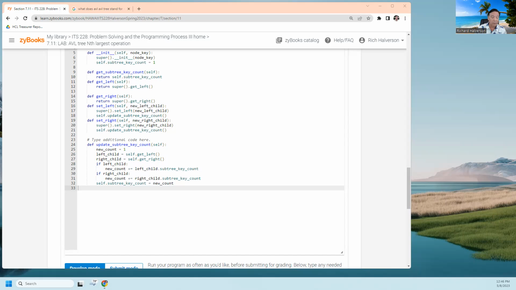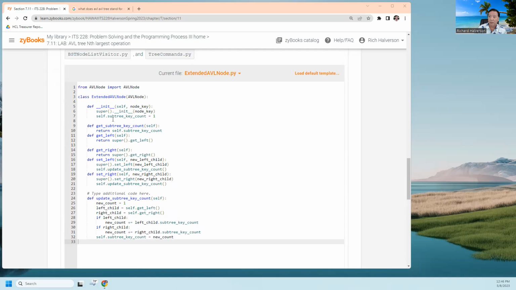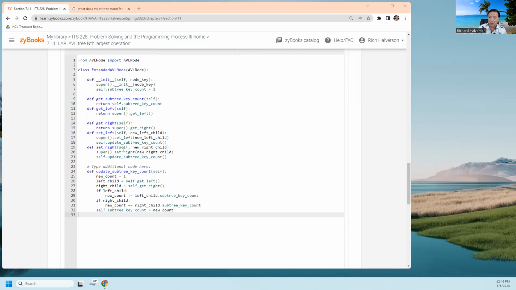Let's see if the error is... It doesn't tell me where the error is. Init, get subtree key count, get left, self super, get left, get right, self return super, get right, set left, new left child, set left, left child, self set right,